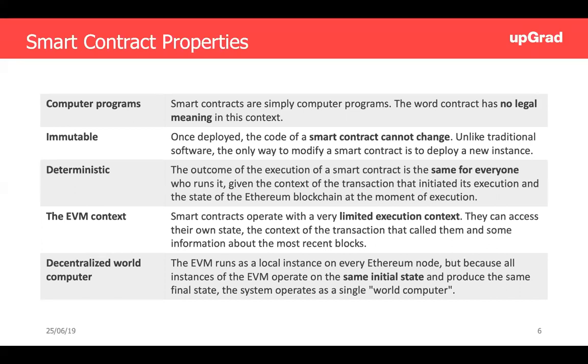All of the smart contracts are deterministic, right? Determinism is a property that, given the same environment, right? And in this case, when I say the same environment, I mean the same context of execution. As long as the input is the same, the output will always be the same, no matter who uses it, right? So that's determinism in terms of